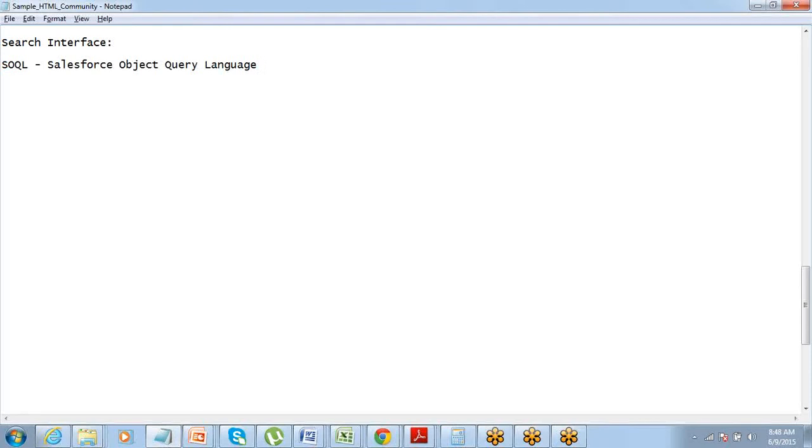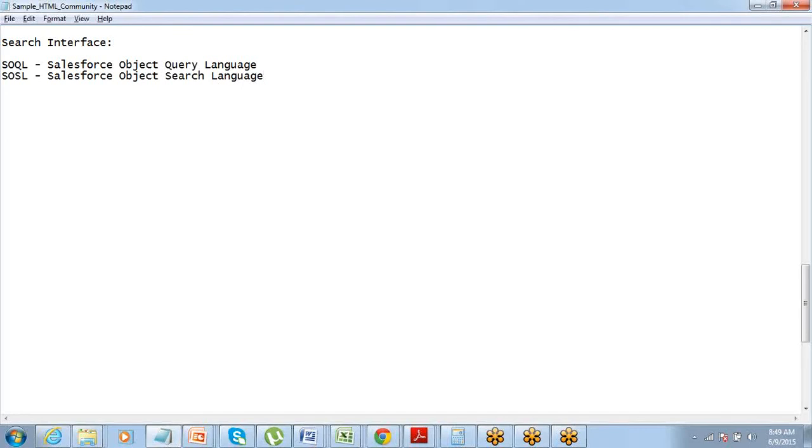right? SOQL. Along with SOQL, there is another query language which is used in Salesforce, which is called SOSL, which stands for Salesforce Object Search Language. All right.